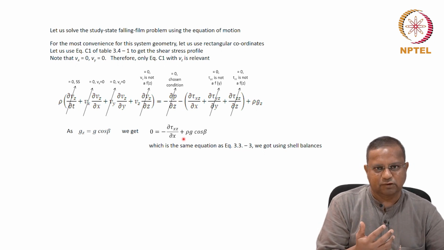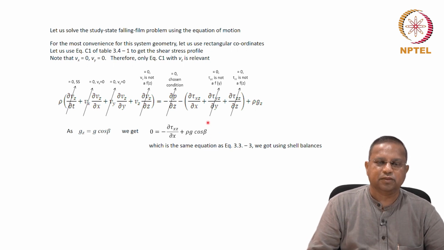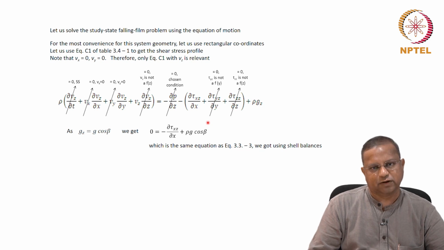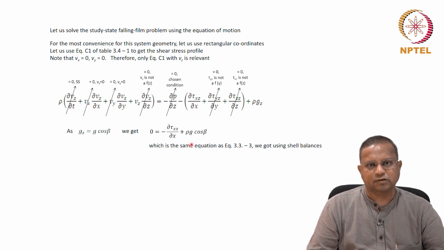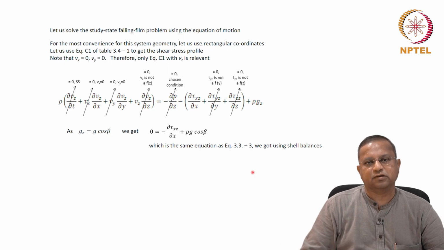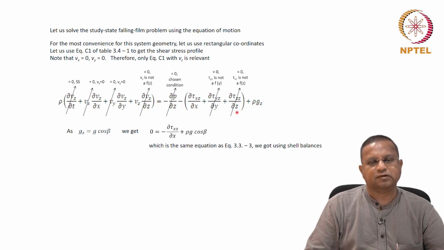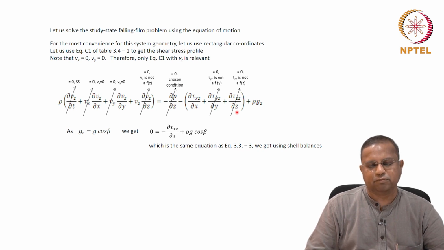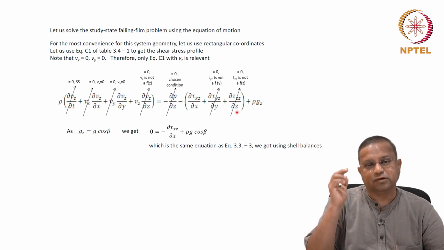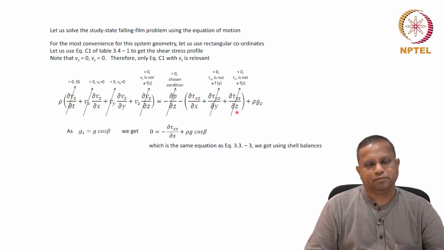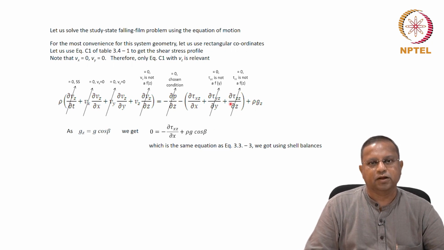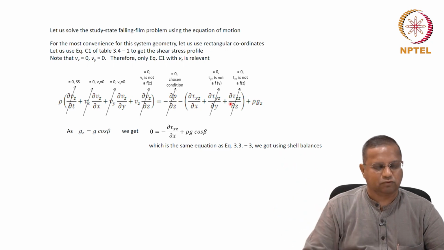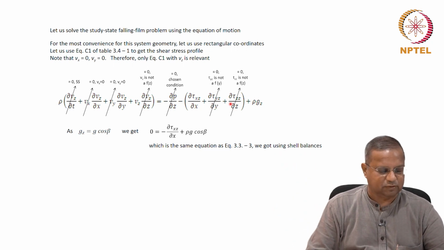Of course, we got a lot of insights into the physical aspects of the system using shell balances, but it can become cumbersome, especially in cylindrical and spherical coordinate systems, and therefore use of this is preferred. Of course, there are limitations to the use of this. When there is a change in, let us say, the cross-sectional area, these approximations cannot be used because we had cancelled the areas throughout. That was one of the main assumptions made when we derived this, although it was not very apparent. So this equation will not be applicable when you have flow through a cone and so on and so forth. Conical section, this is not applicable.